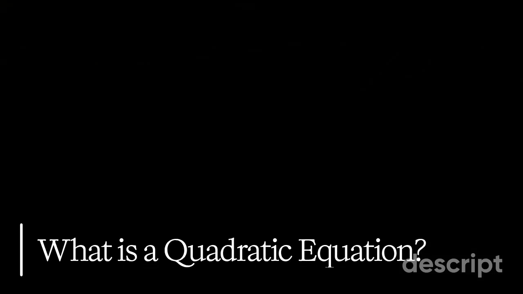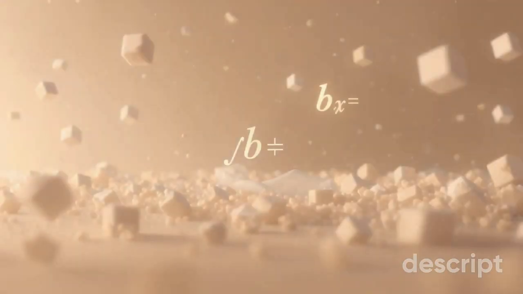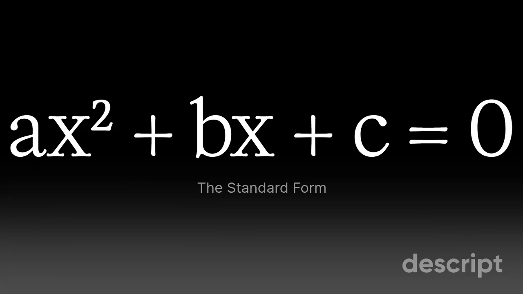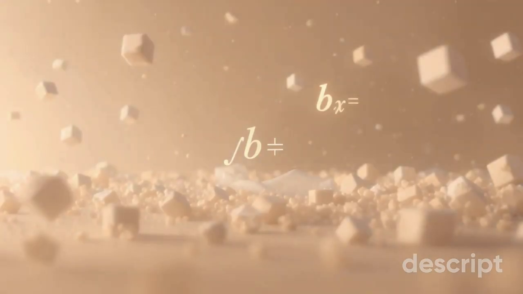So what exactly is a quadratic equation? Simply put, it's any equation where the highest power of the variable is 2. That squared term is what makes it quadratic. The standard form looks like this: ax squared plus bx plus c equals 0. Here, a, b, and c are just numbers, and a can't be 0 because then you'd lose that crucial squared